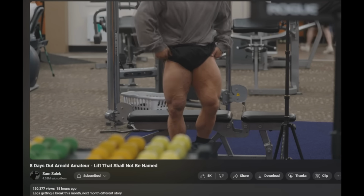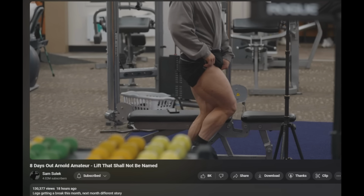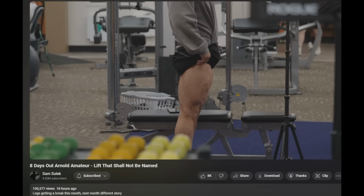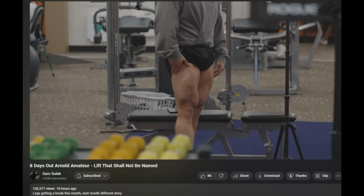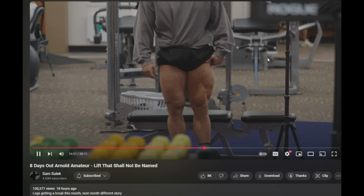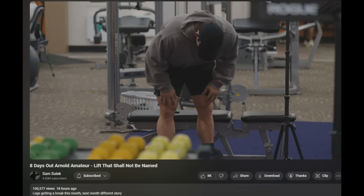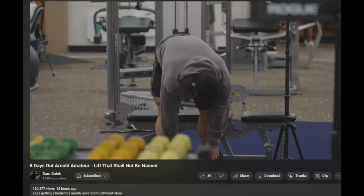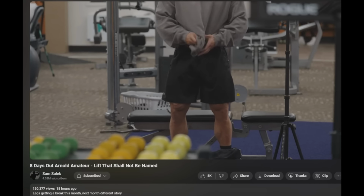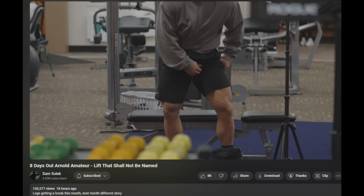So here he kind of has a pump, and when you have a pump you don't have a lot of separation, and also he's still holding some water after the show. This is something new that Sam is experiencing, that post-show rebound period. After you dehydrate for the show, when you start eating and drinking water normally, you blow up. You get watery as hell. You think you're fat, but you're really not. You're just holding a lot of water, and until you actually start depleting and water loading again, at like 4 days out,